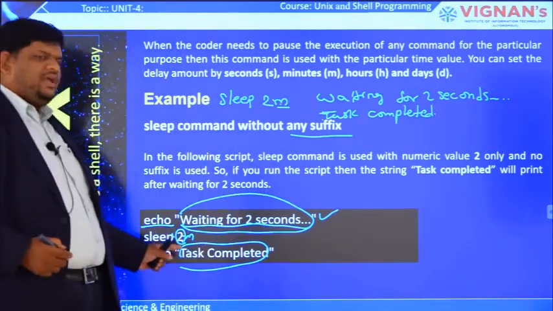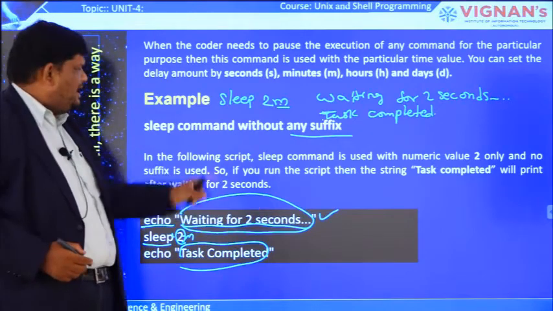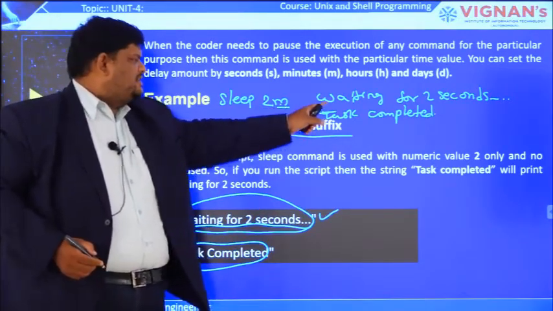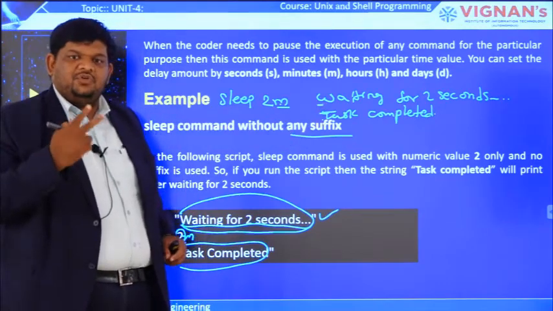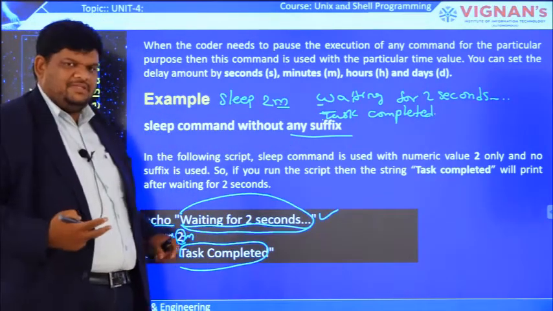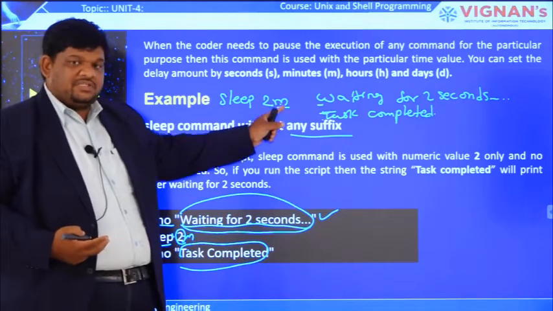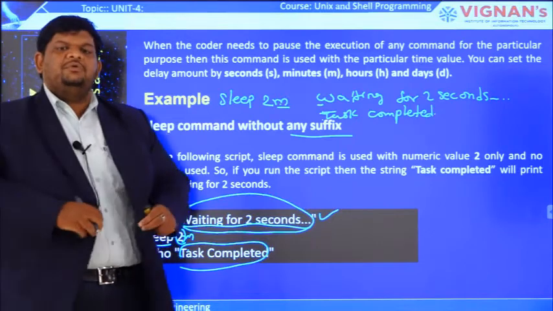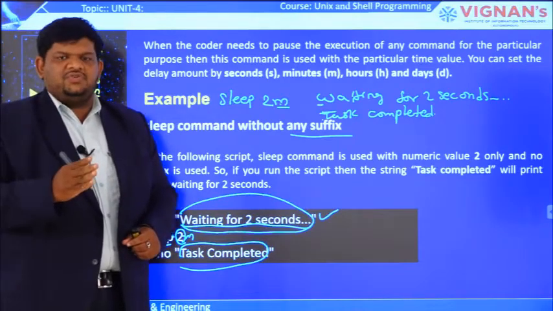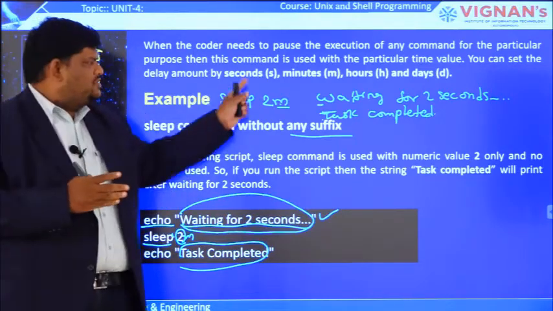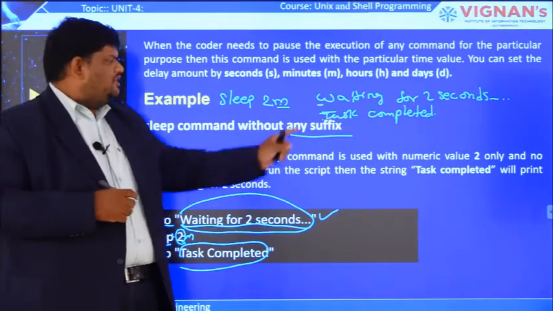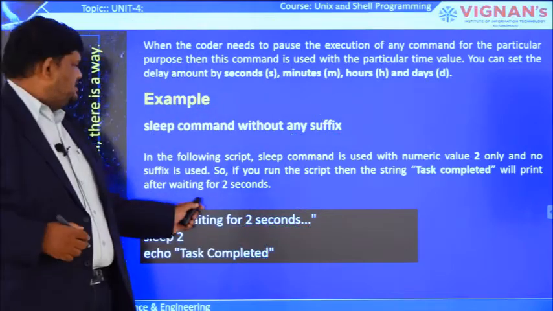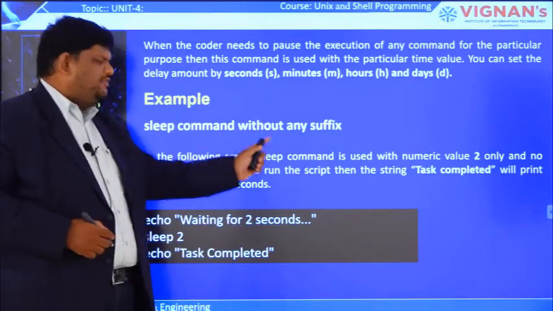Previously, without any suffix, we observed this output. Now what happens after printing this echo statement output? After that the cursor will wait up to 2 minutes. Why does such a delay happen? Because we are using the suffix m, nothing but minutes. So up to 2 minutes it pauses the execution of the current session. After completion of 2 minutes, the echo statement is printed. So this is all about the sleep command.